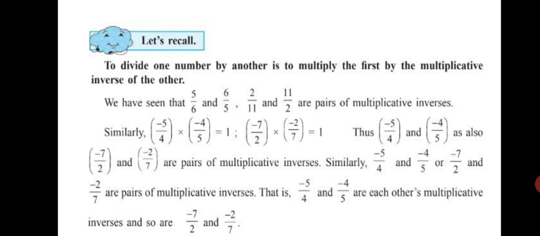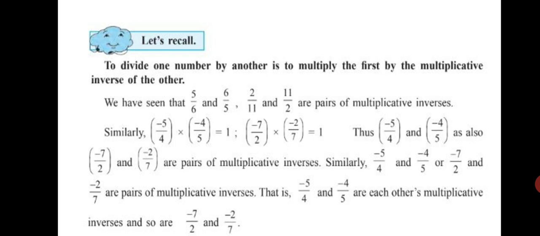That is, minus 5 upon 4 and minus 4 upon 5 are each other's multiplicative inverse. You will see that when writing the multiplicative inverse of minus 5 upon 4, we have not written it as 4 upon minus 5. Remember, the minus sign remains in the numerator in fractions. So the minus sign remains as it is. Only 5 goes in the denominator and 4 becomes the numerator while writing the inverse. So numbers become inverse, the sign remains in the numerator. Alright. So this point you have to keep in mind while writing multiplicative inverse. This will be used to solve division sums.